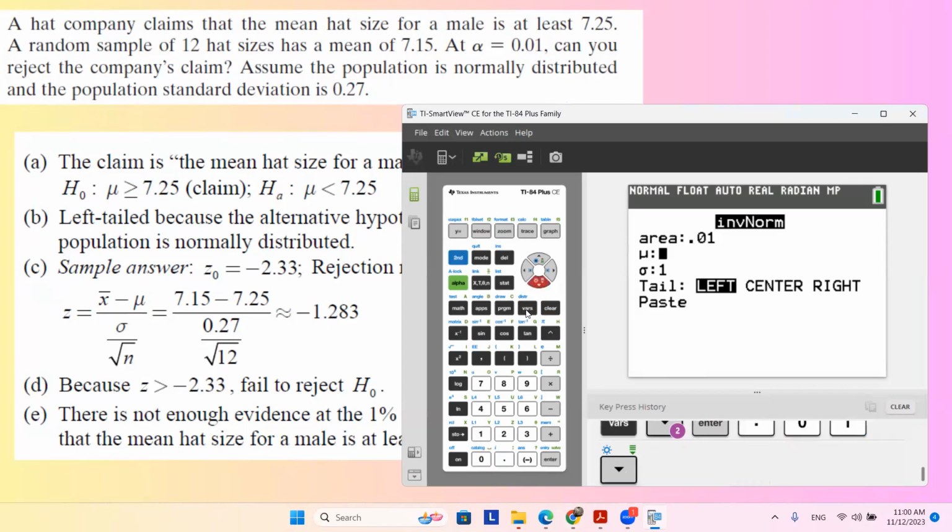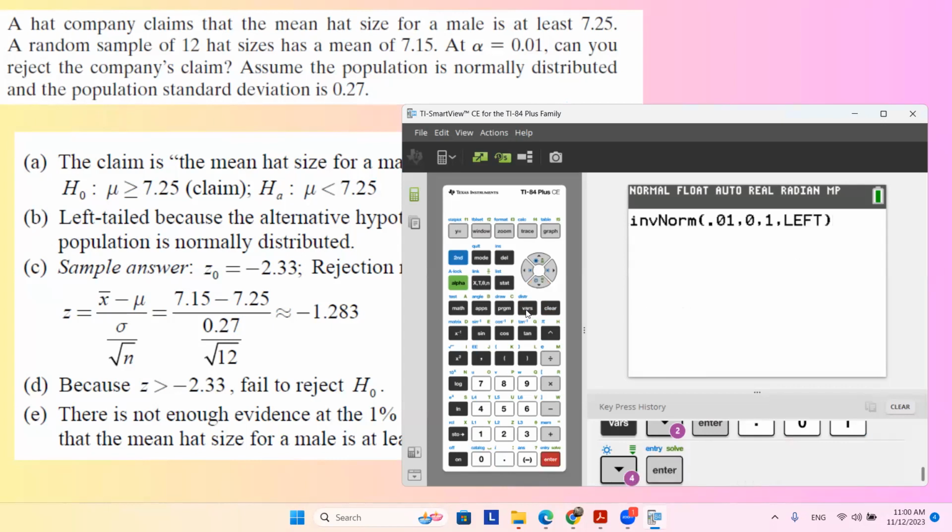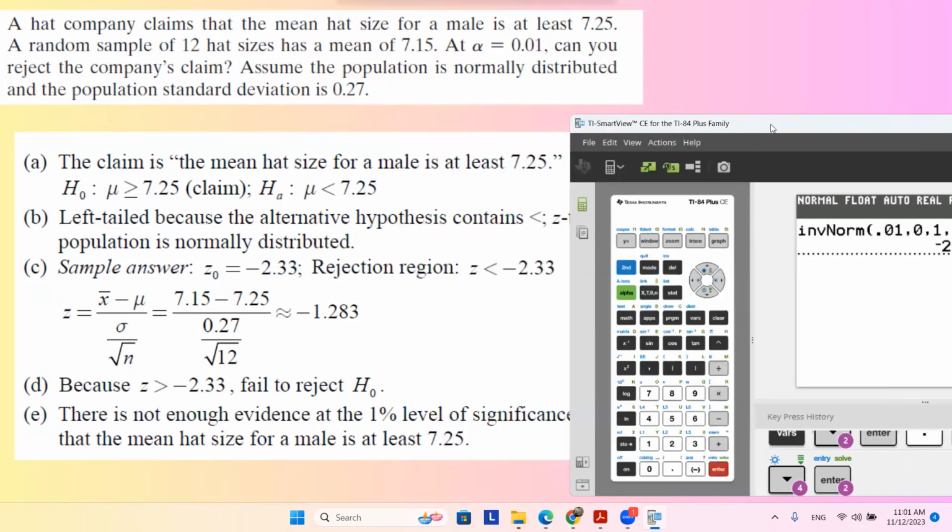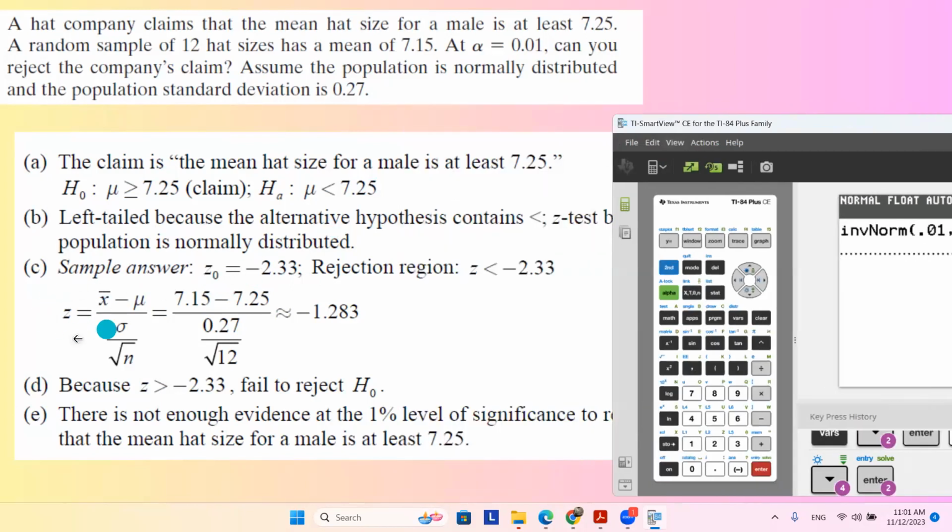0.01. The mean for the standardized test statistic is 0, the standard deviation is 1, and it's a left-tail test. So when you calculate, you get negative 2.33. That's how they got Z sub 0 critical value, negative 2.33. Now that you calculated your critical value, you're going to check to see if your standardized test statistic, which is x bar minus mu divided by sigma over square root of n,